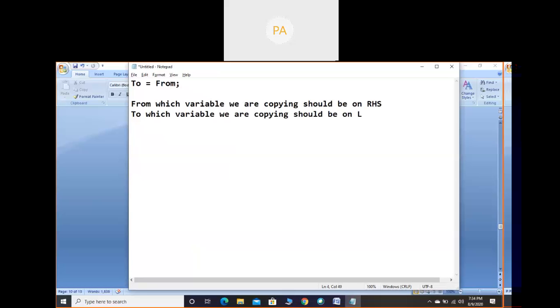So you have to remember this point when we write an assignment statement, because if instead of writing A equals B, I write B equals A, then the complete value will change. So we cannot expect our correct result in the output. A equals B means B is copied to A, B equals A means A is copied to B. From which variable you are copying should be on the RHS, to which variable you are copying should be on the LHS. In the RHS it can be a variable or a constant or an expression. Just one example I have given, that variable. Okay, you just copy this.